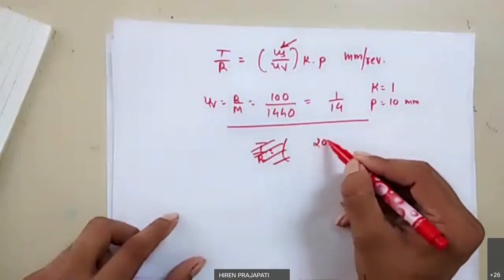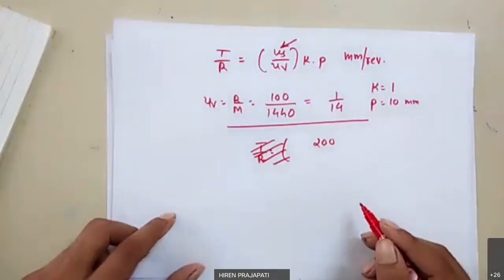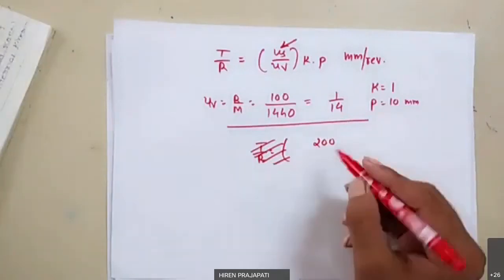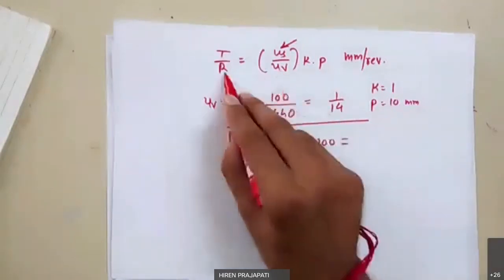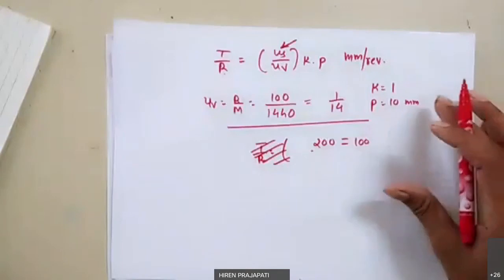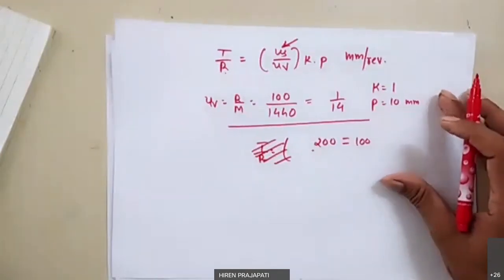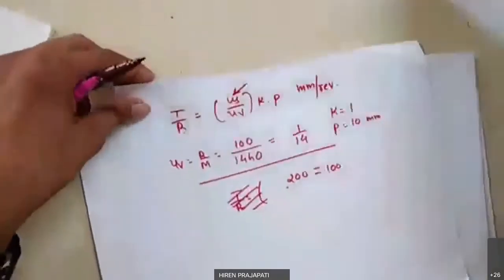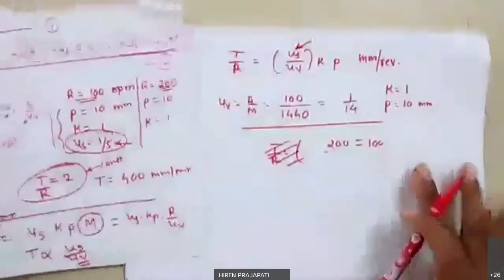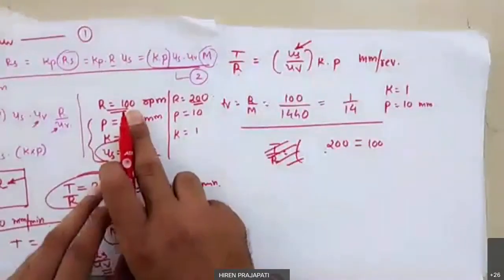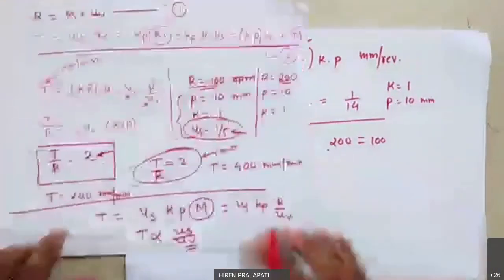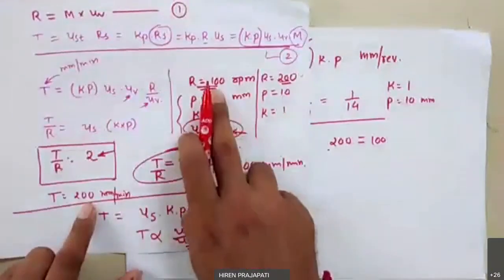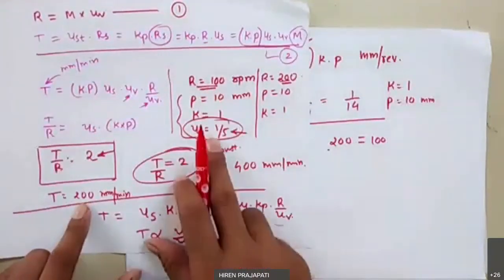So we want 200 mm per minute equals, now R is taken as 100. Our first case we are talking about, let me show you. We are talking about this first case. Then 200 is the translation that we have calculated here. For case 1, at 100 RPM, the translation is 200 if you have set 1 by 5, right?